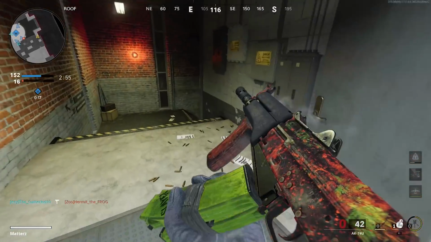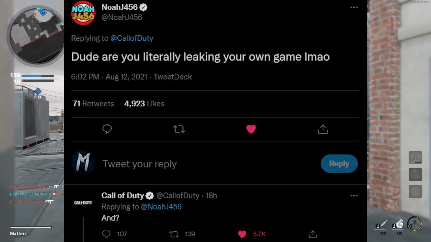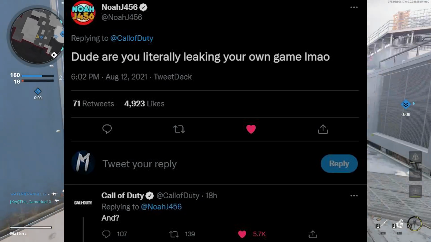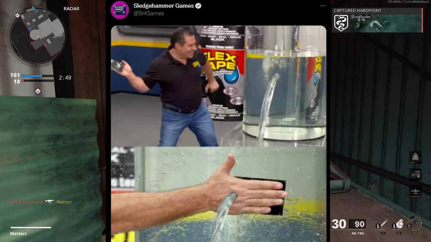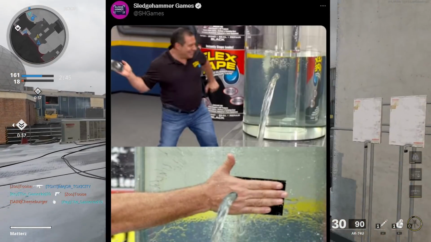Now, the responses to this tweet are hilarious as well. Noah J said, "Dude, are you literally leaking your own game, LMAO?" Call of Duty just responded with, "And?" Raven Software said, "Are you allowed to do this?" Call of Duty said, "I have the login info, I have the power." Just funny stuff here. Sledgehammer, developers of this Vanguard game, just responds with a really good flex tape meme,